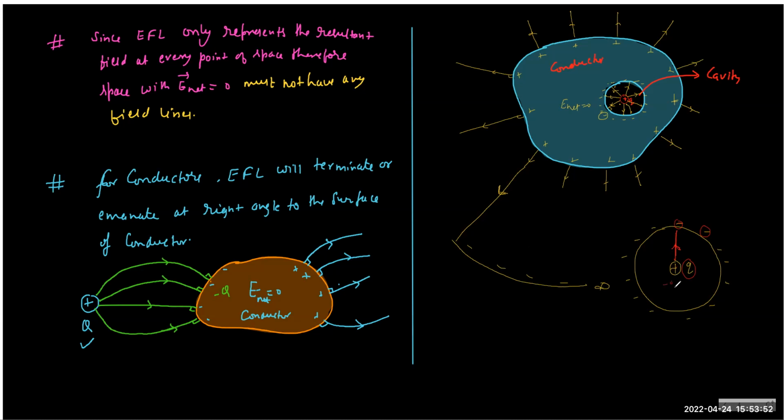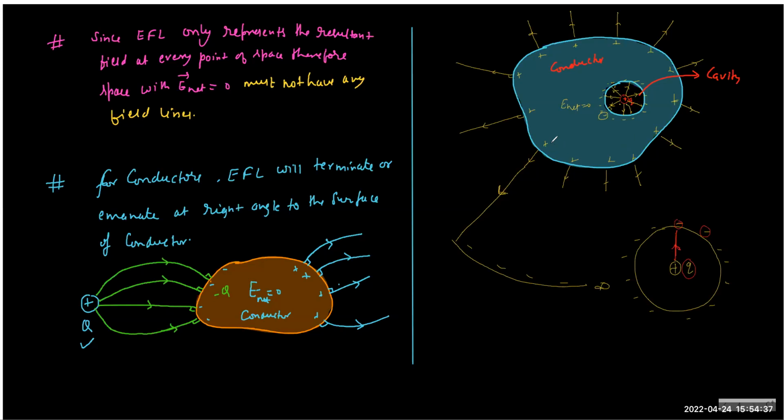Let's say you are bringing some charge here, let's say minus. Now, if you bring plus Q and minus Q, the field lines will be very complex, not like this. But whatever they will be, that cannot be altered by any external intervention. That is the whole idea. Any charge distribution which generates on the inner surface of the cavity can only be altered by these two charges. That is the only fact. So any influence that comes near the outer boundary cannot influence these charges. Correct.